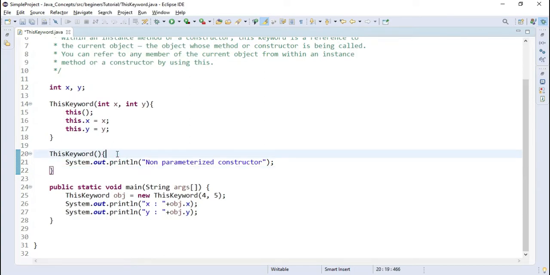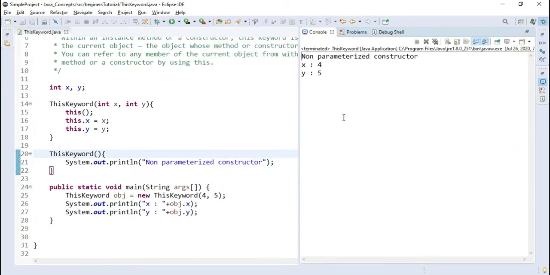So I will execute the code first so that you will get to know whether we are able to call it or not. As you can see the output, first we got the non-parameterized constructor output,